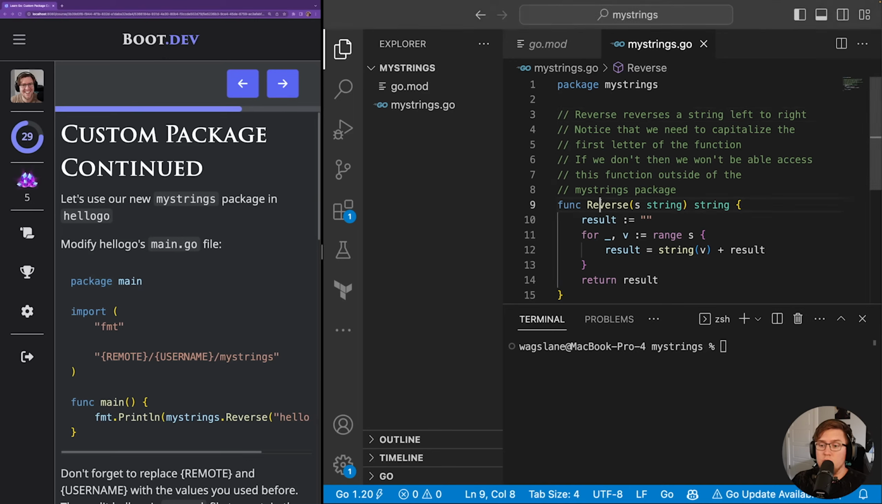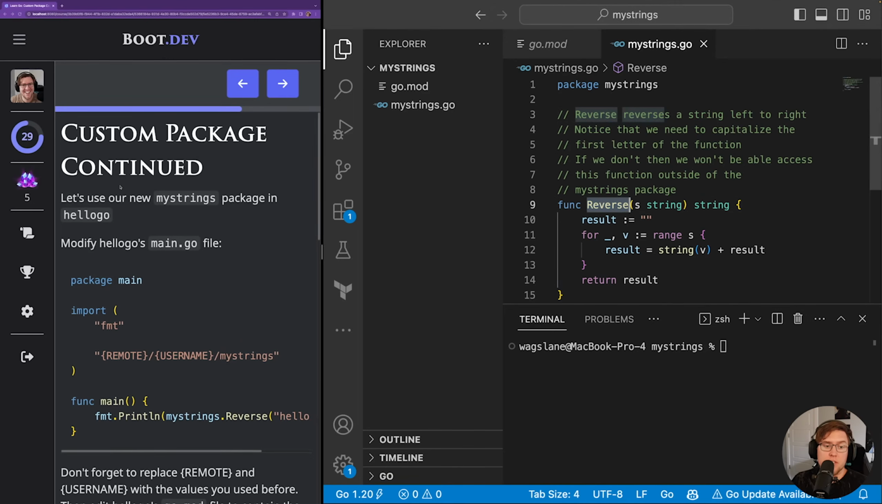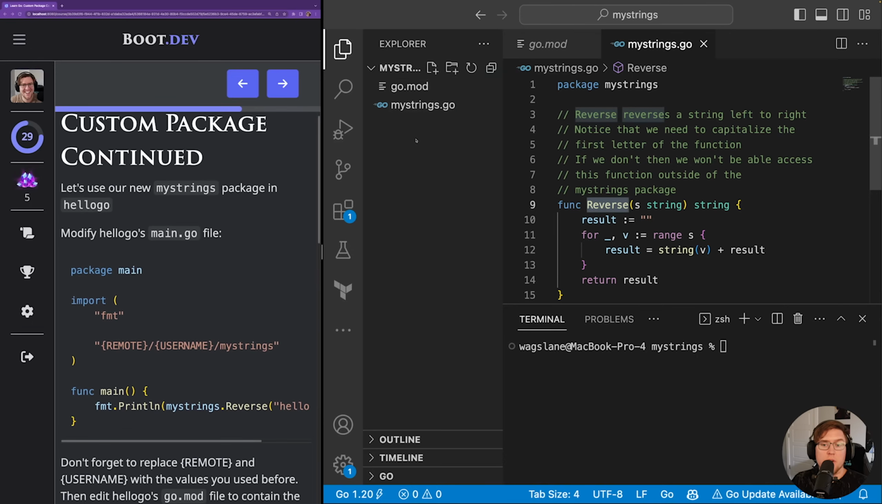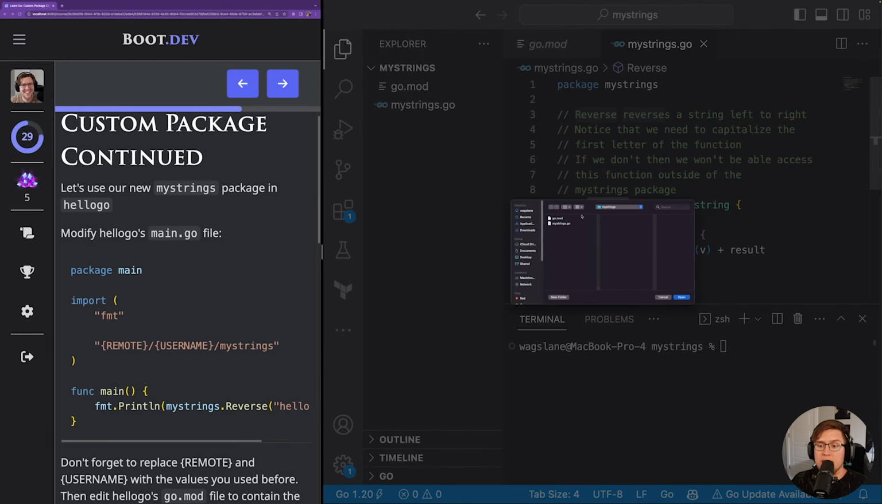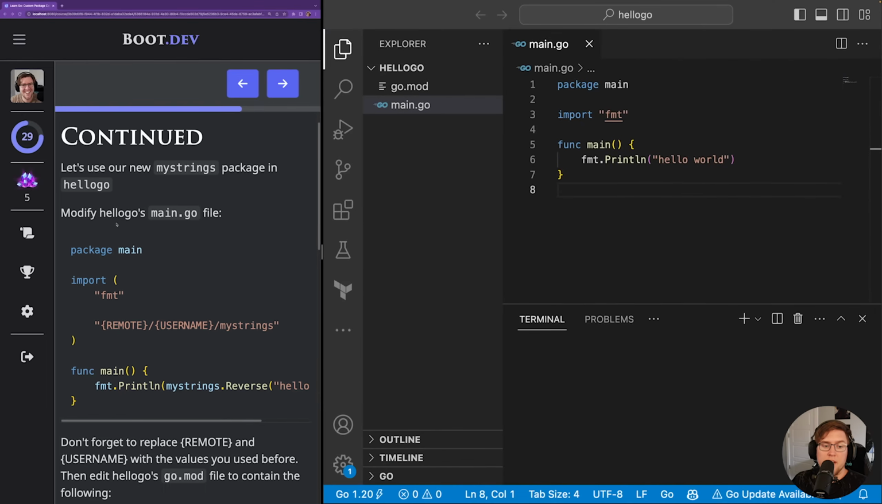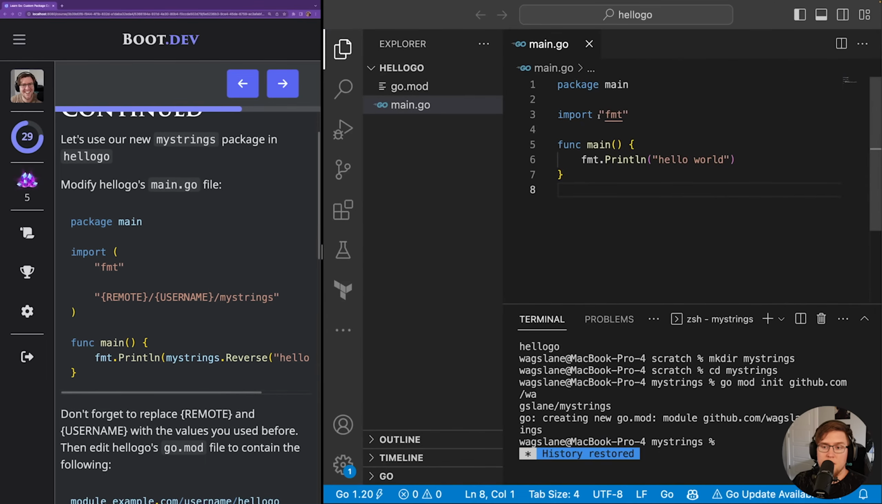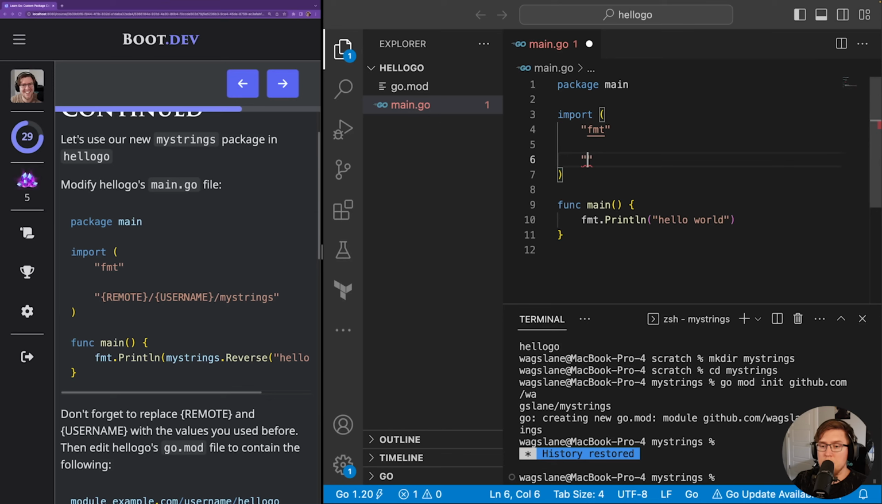Okay, so now let's use our reverse function back in the main package in the Hello Go directory, right? So it says modify Hello Go's main.go. So I need to reopen, I'm going to open VS Code back into the Hello Go directory. It says modify Hello Go's main.go file. Okay, so we'll use parentheses here so that we can do some multiple imports. And we'll be using the import path that matches the module name of our mystrings package. So in my case, it was